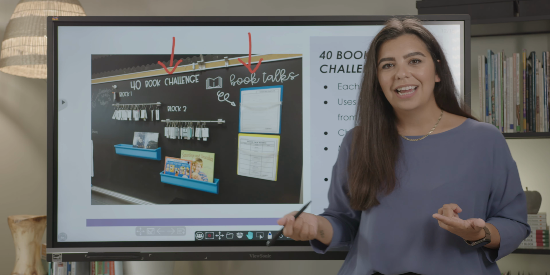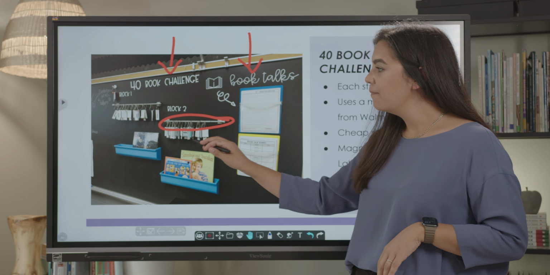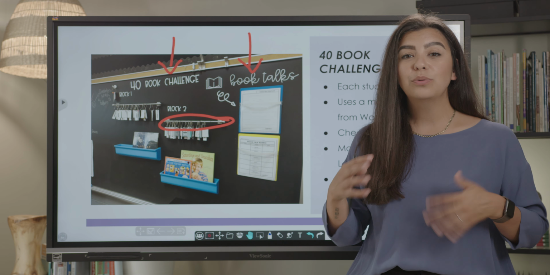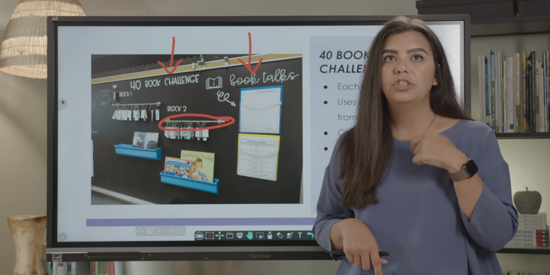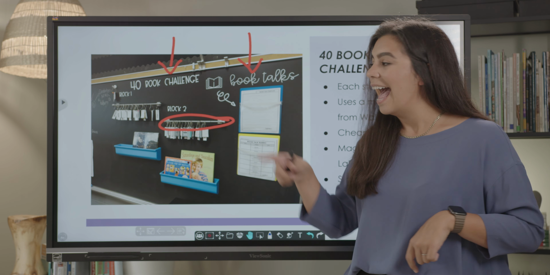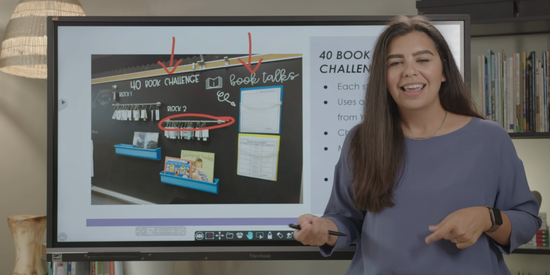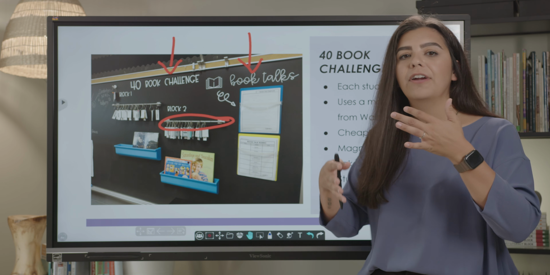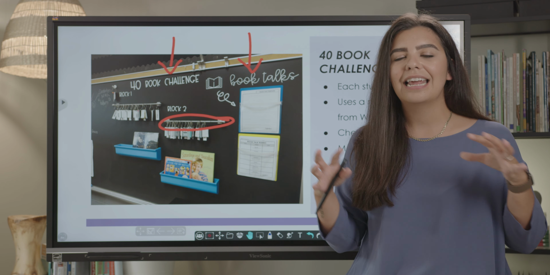Within this 40 book challenge, I just used some magnetic rods from Walmart, and some very cheap rings that I got from Walmart as well. I put their names on them, and this would allow them to keep track of the books they were reading. I cut index cards up by thirds, and they would hang these on their rings to represent each book that they read. As they started to read a variety of genres, they would then add some different labels to show that they had mastered or completed that specific